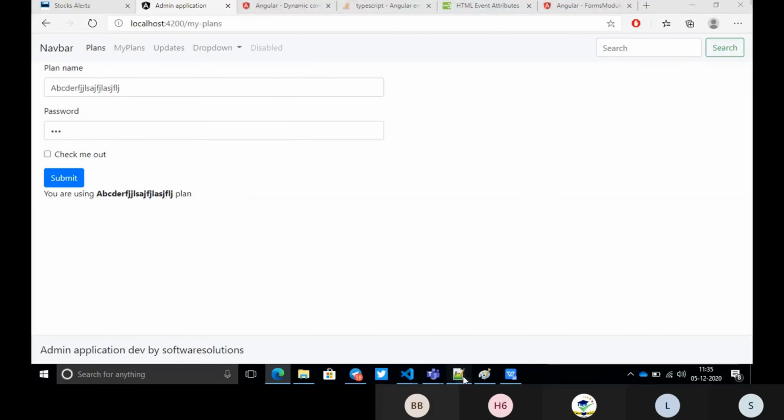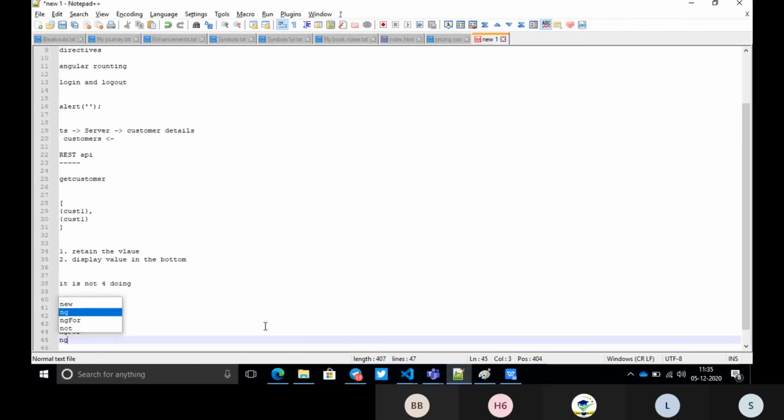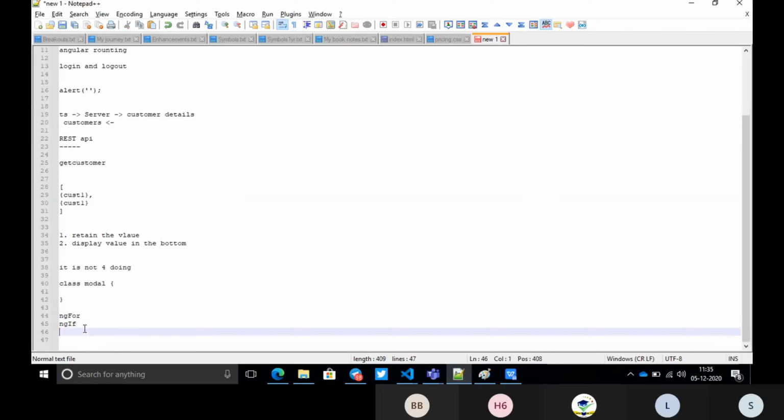For that, we will use a directive called structural directives. Mainly we have 2 directives: one is ngFor, which is very important, and the other is ngIf.